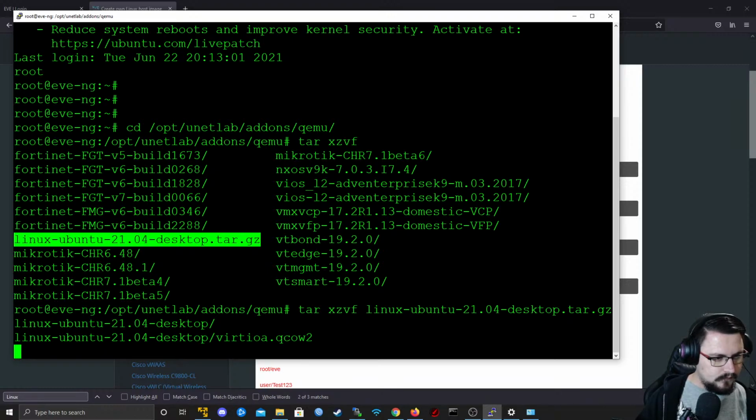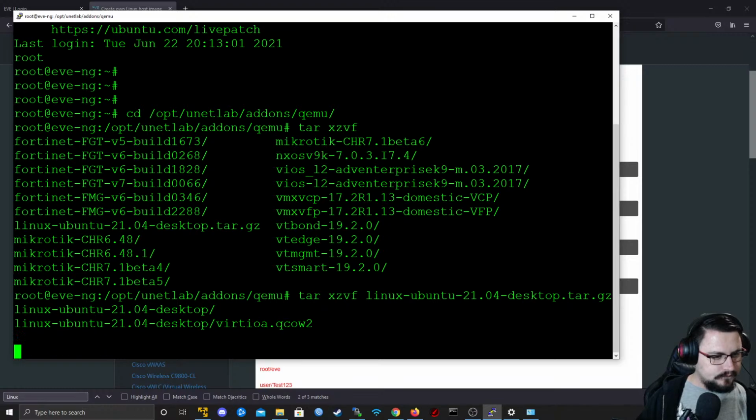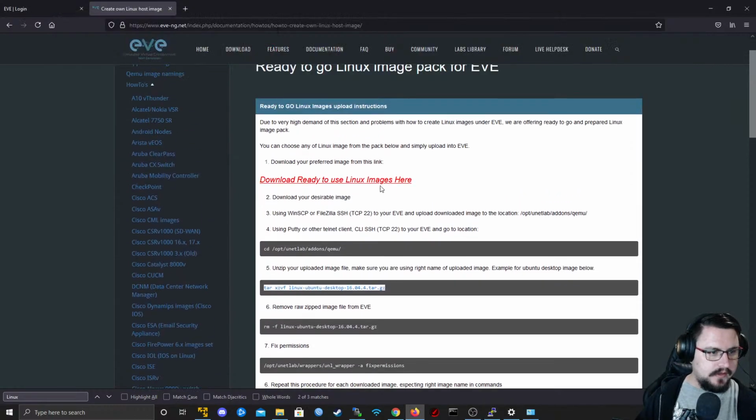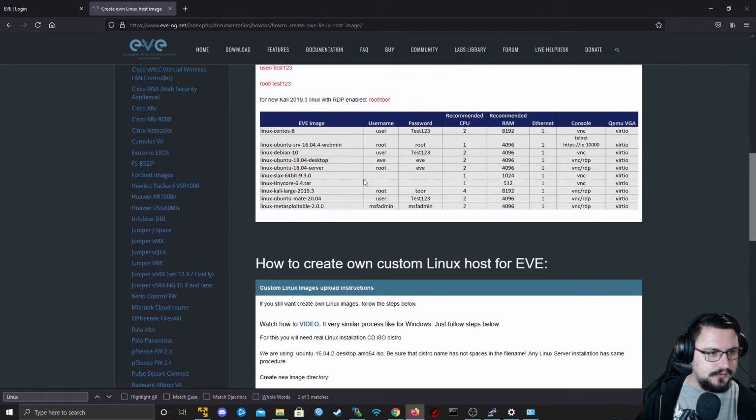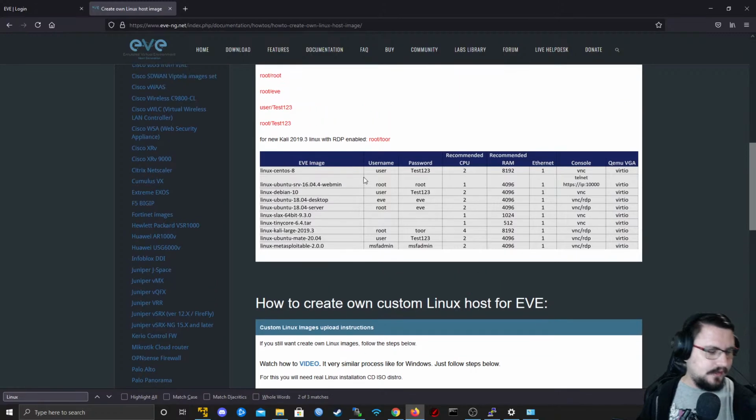Alrighty. I'm just going to wait a bit because the extract might take a bit of time. And then we'll have a nice little Ubuntu desktop that we can play around on. We can install things on it. We can